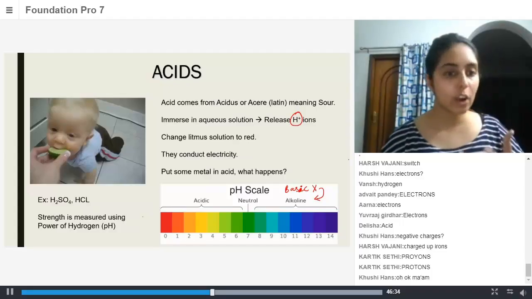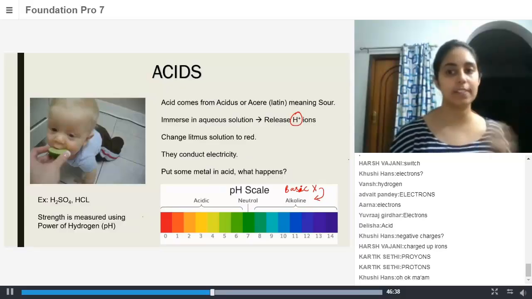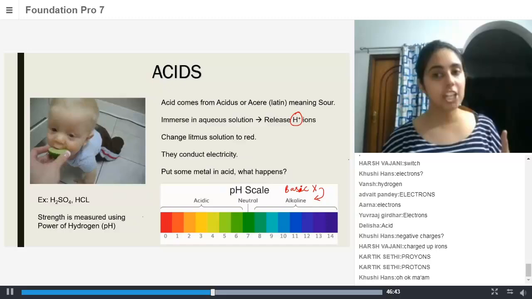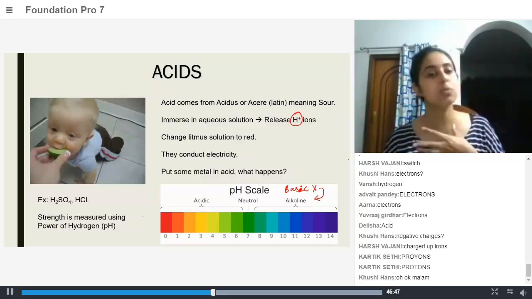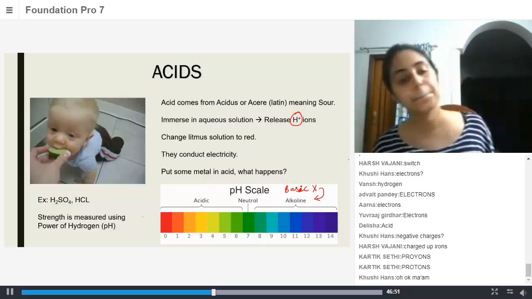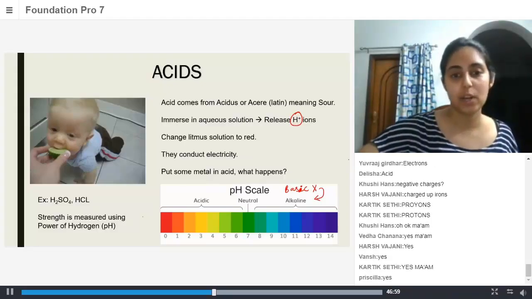So because ions have charges, for example, acids have H plus ions, right? And ions are charged. So because ions have charges, and acids contain those ions, that is why acids conduct electricity. Does that make sense to everybody? Yes, ma'am. Okay, excellent. All right, so I'm going to proceed to the